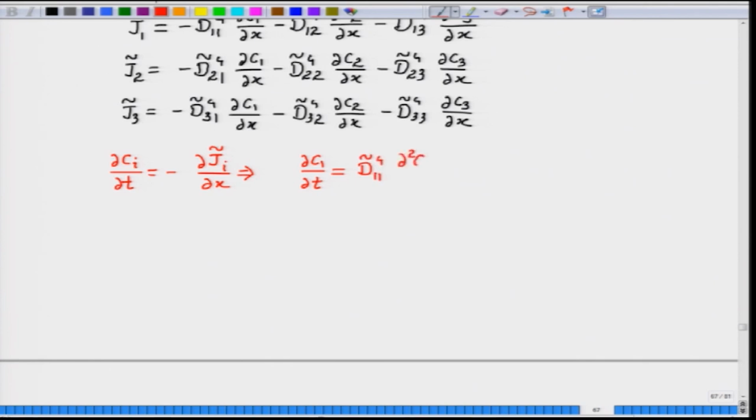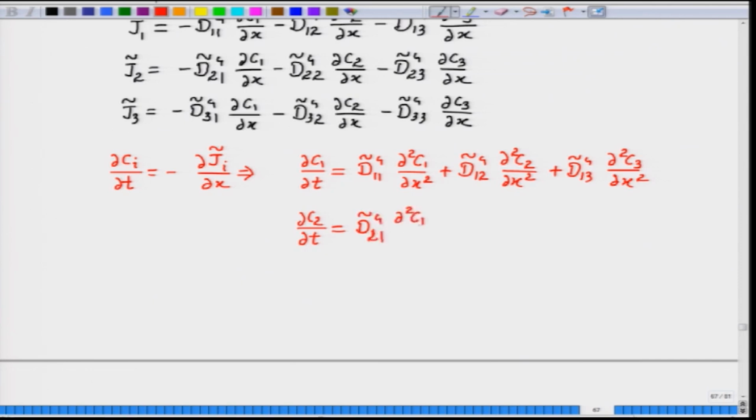D 11 tilde 4 dou 2 C 1 by dou x squared plus D 12 tilde 4 dou 2 C 2 by dou x squared plus D 13 tilde 4 dou 2 C 3 by dou x squared. For component 2, dou C 2 by dou t equal to D 21 tilde 4 dou 2 C 1 by dou x squared plus D 22 tilde 4 dou 2 C 2 by dou x squared plus D 23 tilde 4 dou 2 C 3 by dou x squared, and for the third component dou C 3 by dou t equal to